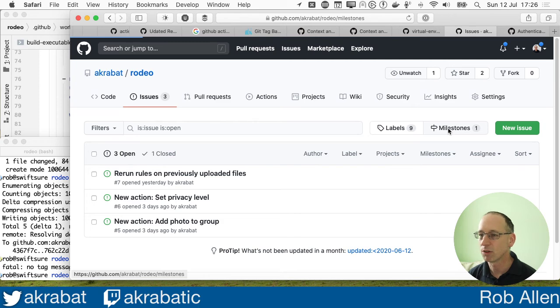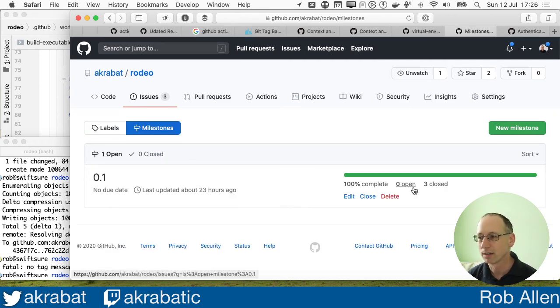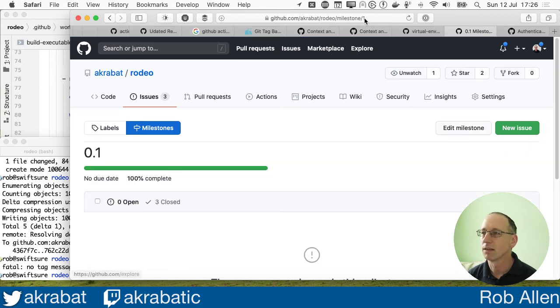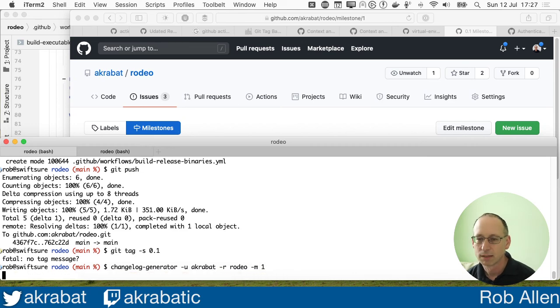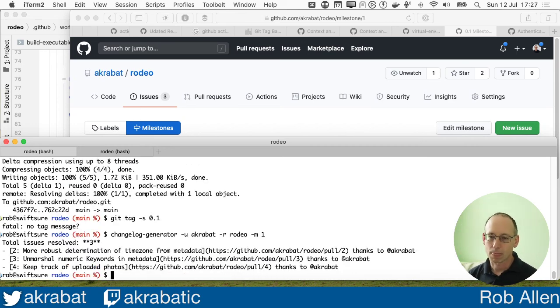Issues, milestones. We do have milestone. Milestone 0.1 has 3 closed issues. If I go to milestone 0.1, its ID is 1, so M1. Take out the PB copy so you can see what it does. Run that, and you see it tells us that there are 3 resolved issues: issues 2, 3, and 4,